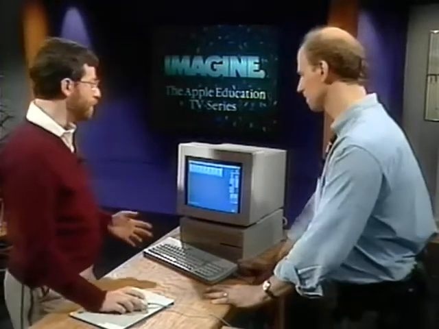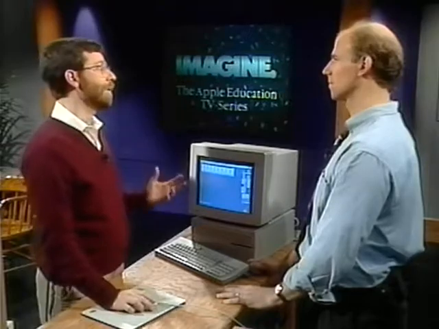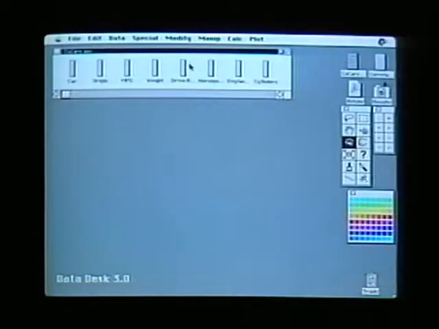One reason for that is that the desktop that we have in DataDesk resembles very much the desktop they see in the Finder. Let me show you. Great. This desktop here is the DataDesk desktop. The icons represent variables in our data set. So here we have data on cars from Consumers Union. This is actually real data. This is a data set that I would use in class. We always work with real data once we're on the computer.